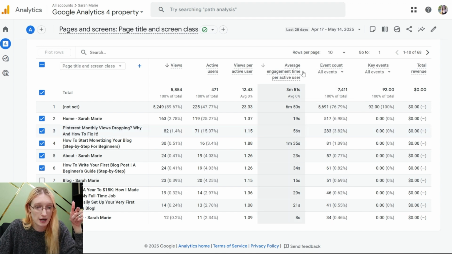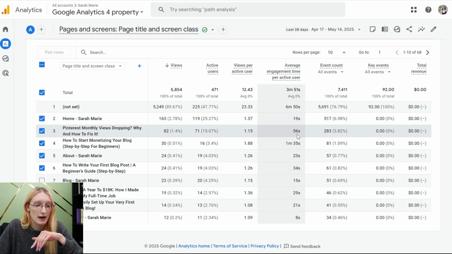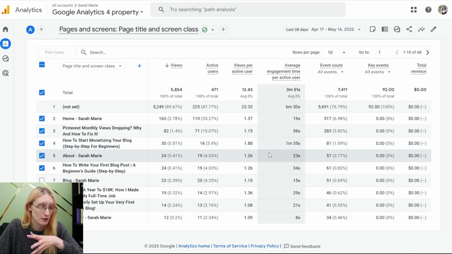You can see the average engagement time per active user. And that sucks because I just updated this post. It's ranking like 5th on Google. It was doing well. I updated it. Apparently I did it wrong because now people are staying for 56 seconds instead of the 3 minutes or whatever